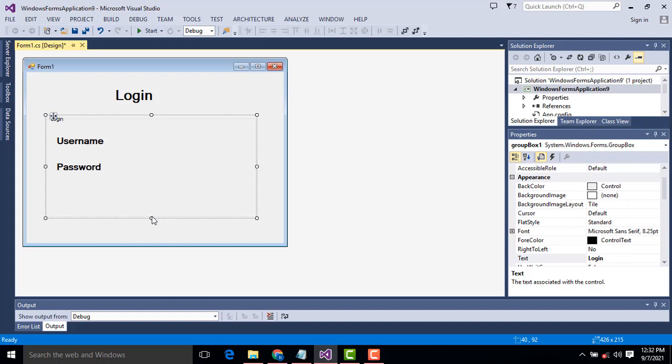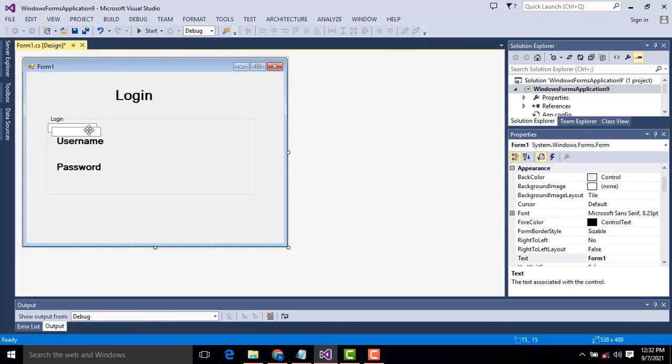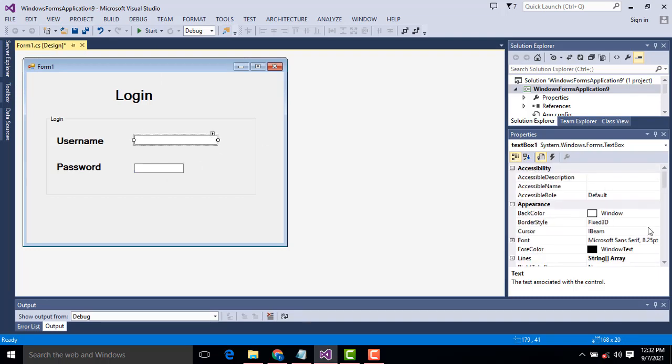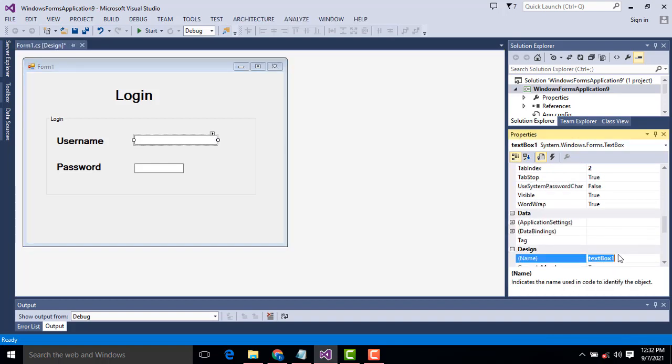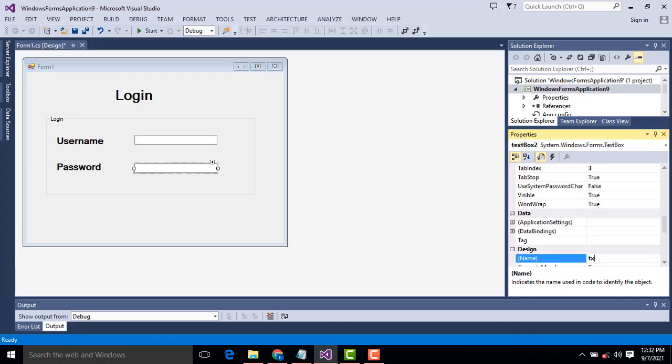Now next to username I am going to drag text fields, text boxes. This text box I name it as txtUser, this one txtPass.